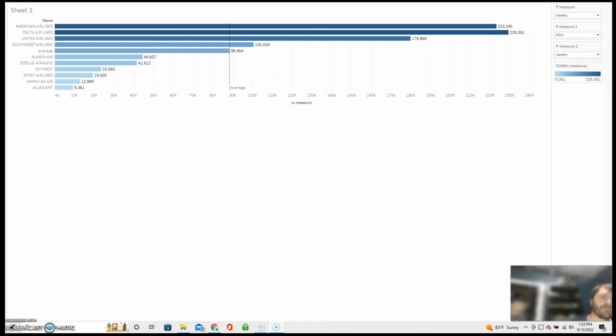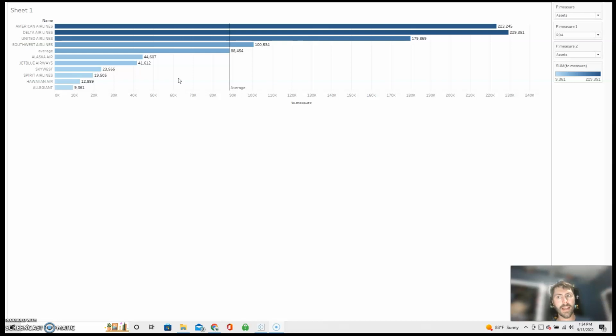So this is a Tableau project that I did. All the data comes from a pre-prescribed sheet, and that sheet is all about airliners and different assets and statistics about airliners. So as you can see, this is a bar graph, and it shows all the assets and